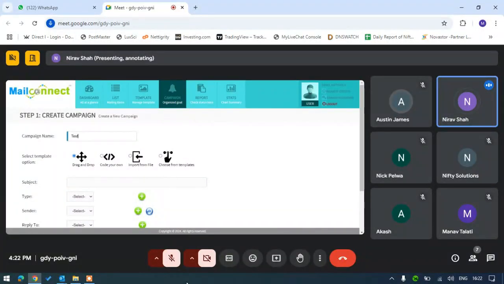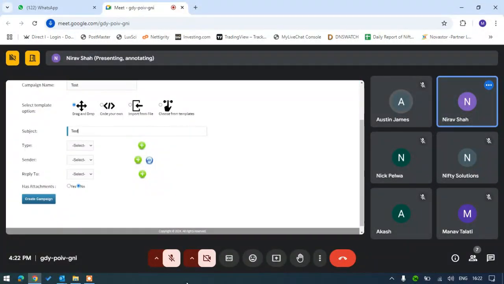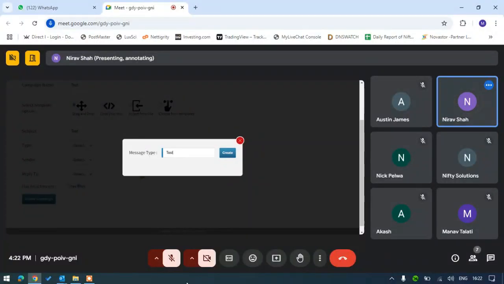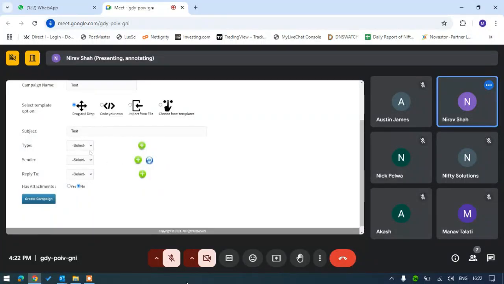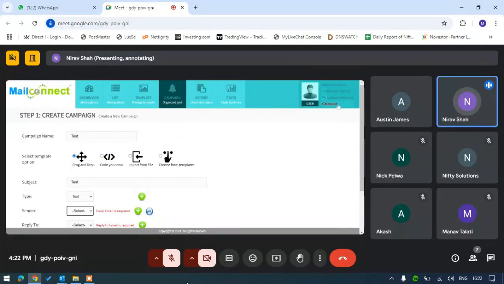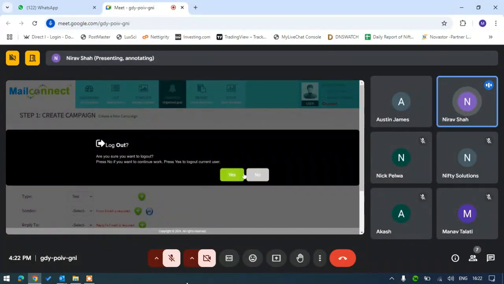Let me see this. Okay, here we don't have anything, so I won't be able to create the campaign. I'll just show you campaign creation in some other account because